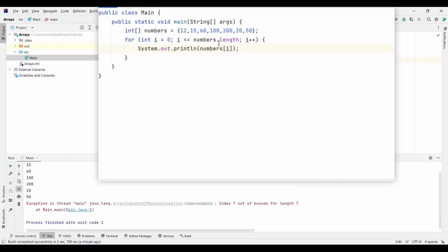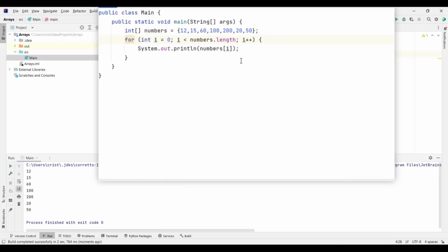What we can do in this case, you can put less than without equal, and the code will work, because it will get to the last element, and it will not go past the last index. Or you can put here less than or equal to numbers.length, but you put here minus 1.